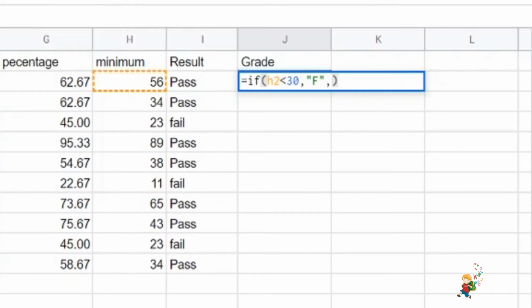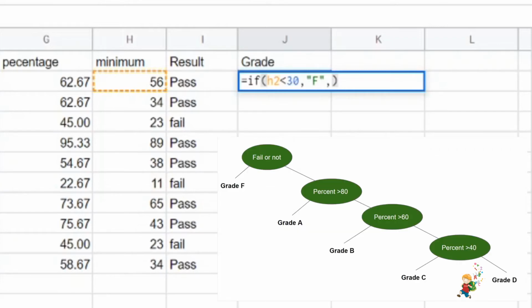Then we have to write some statement if the logical expression is false. If the student is not fail, then we will check for more grades. Where is our percentage? In the G2 cell. So we will check the G2 cell. Again we can write one more if statement inside the if. We will check if G2 is greater than 80.